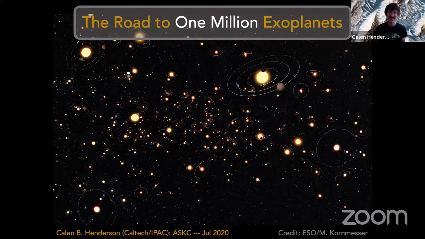Thank you again. I have ambitiously titled this talk, The Road to 1 Million Exoplanets. As Jackie mentioned, I'm a research scientist at Caltech. I did my PhD at Ohio State. I did a postdoc at the Jet Propulsion Laboratory, the NASA site that's just on the northwest side of Pasadena. And then about 3 years ago, just a little bit over, I started working as a staff scientist at Caltech. My project work is on the NASA Exoplanet Archive, and I use primarily the lensing technique to detect and characterize exoplanets. Today, however, I'm going to give more of a broad overview, kind of a chronology of the history of exoplanet discovery,